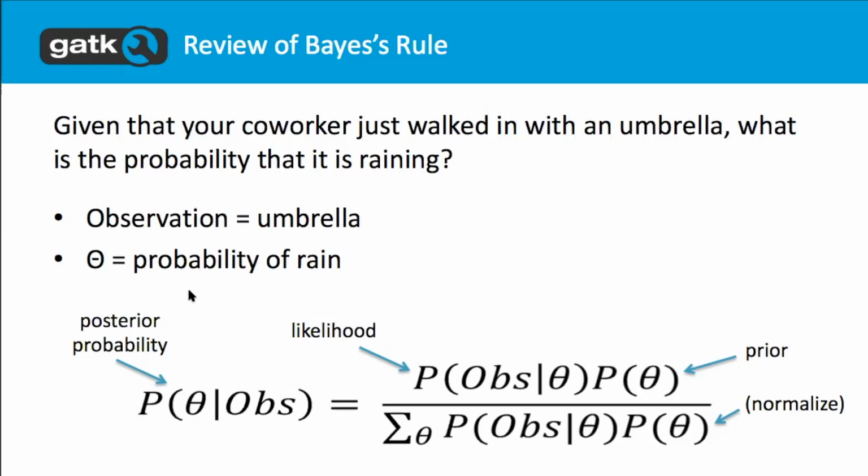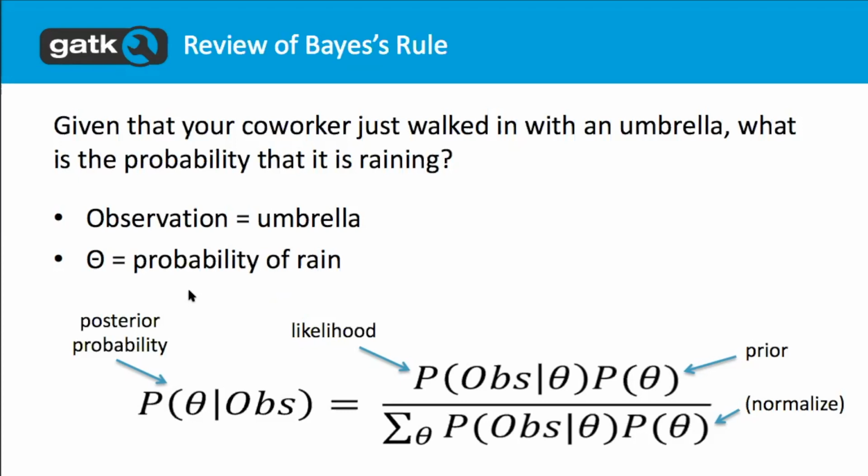ask the question, you see your coworker walk into the office in the morning carrying an umbrella. What is the probability that it's raining outside? And you have, as information, the observation that they're carrying the umbrella and a certain probability of rain. And what we're doing in calculating the posterior probability is taking into account not just the observation that we make, but also the prior. There's a prior here that we can apply, which is our prior expectation. And that is where that population frequency and pedigree is going to